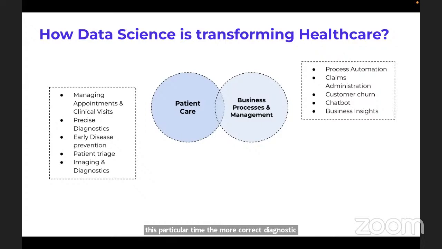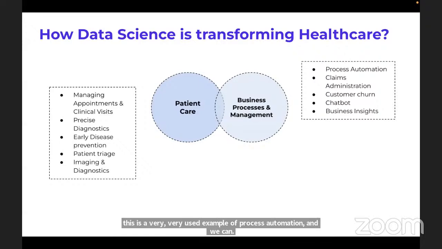And there are already automated things. It is a sort of tubular channel in the hospital. When you collect the blood, you just open a sort of door in the window in your wall, and using suction technology, it will automatically take the vial into the diagnostic lab, which is located on the 10th floor of the building. So this is a very used example of process automation, and we can use similar automatic robotic based services for